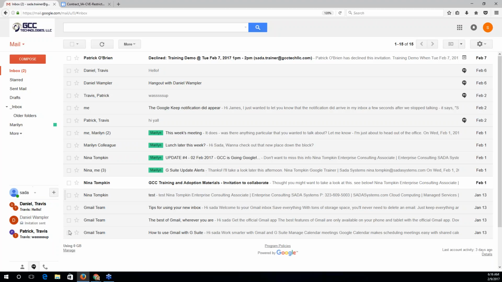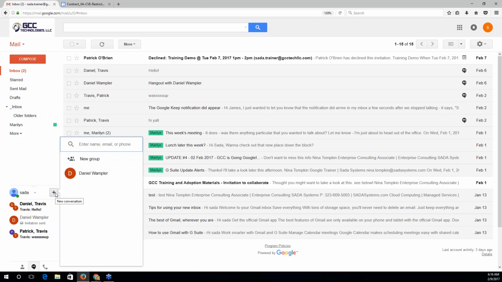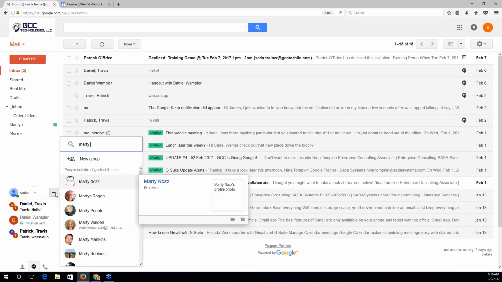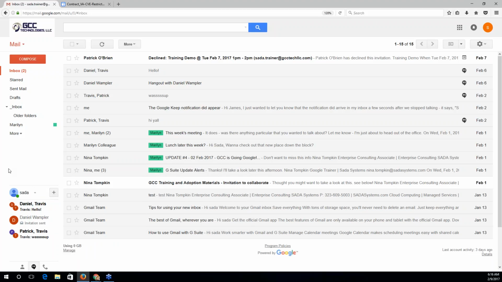And in the lower left corner, just to start off, this is where Google Hangouts lives. As you can see, I've had some chats with Daniel, Travis, and Patrick. Google Hangouts is an easy way for you to click this little plus icon and type in the colleague of your choice, so this will pull up the directory. So Marty, here we go. If I wanted to call you out, Marty, and have a quick instant message conversation with you, I could select your name and then give you a little chat message. Okay, so I'll be walking through some more options with that a little bit later.